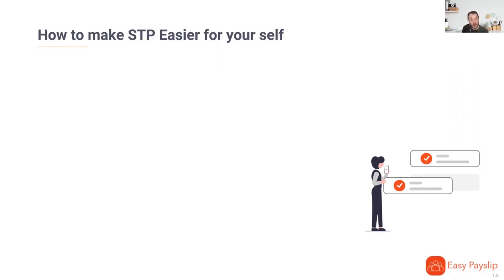You absolutely do not need to solve STP using Easy Payslip. There are a number of solutions out there that you can use. What I would advise, just like any software for your business, is thinking about what type of solution works for you. That does not usually mean the one with the most features. More features often mean more complexity. You can end up having loads of bells and whistles that you never use. It can make things complicated. It can make things expensive.